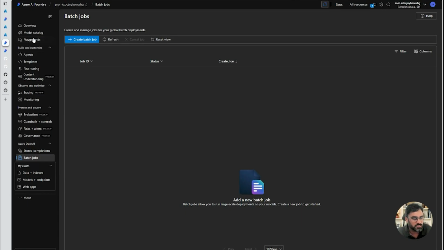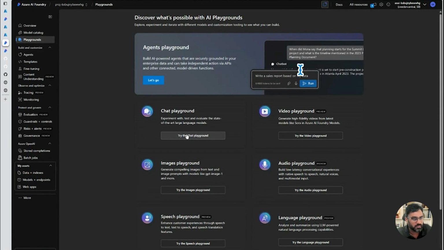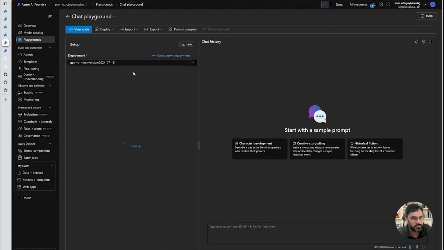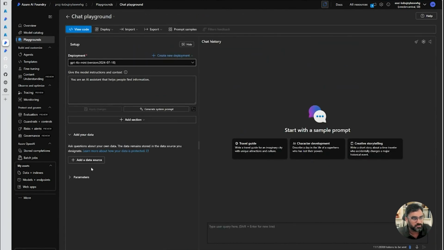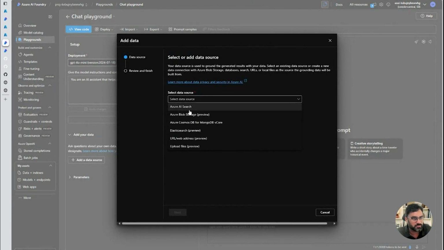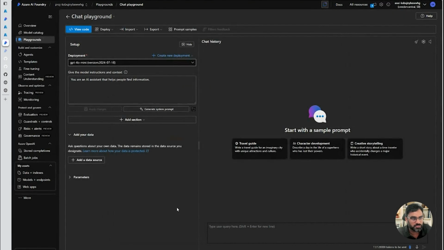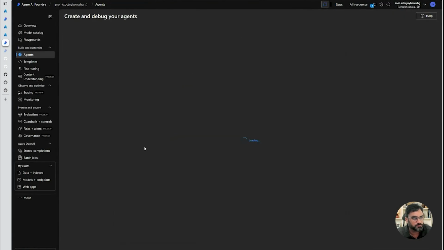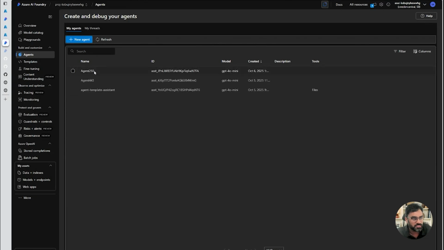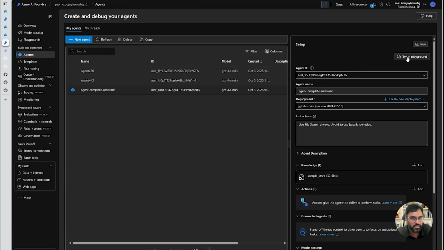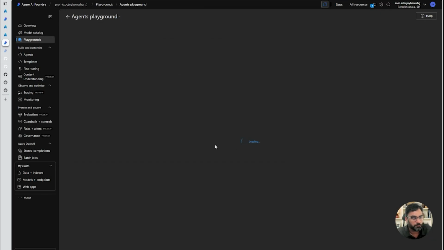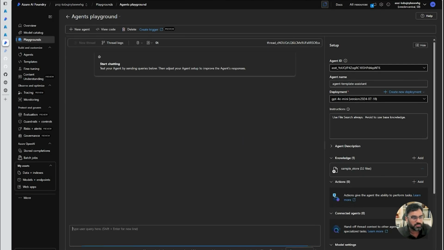So that's the starting point, right? Typically, you can directly come here to Chat Playground and start playing around. If you have some data sources, you can attach them, like blob storage, AI Search, or any third-party files. Or if you have a simple URL, you can give that URL, create an agent using that information, and simply ask about that information. The same agent that we tested through the UI, we can also test directly from here. Go here, click on Try with Playground, right? And this playground will take you to the same chatbot. See, it's the same thing.